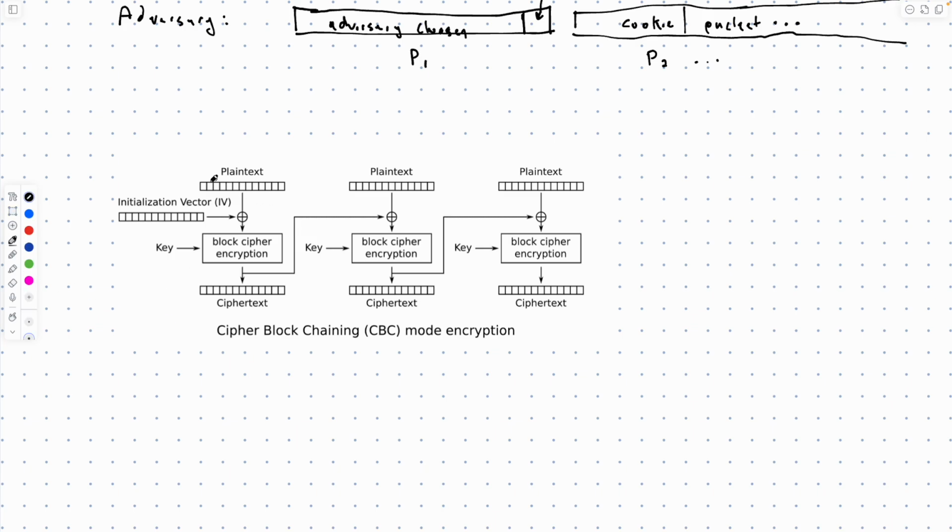Okay, so I have the plain text. What's the first thing I do with it? So I XOR it with the initialization vector. Do I know what the initialization vector is? Yes, I do. So I know ahead of time. If I wanted to change the initialization vector, I could change it, right? Yes. Okay. And if I change it,